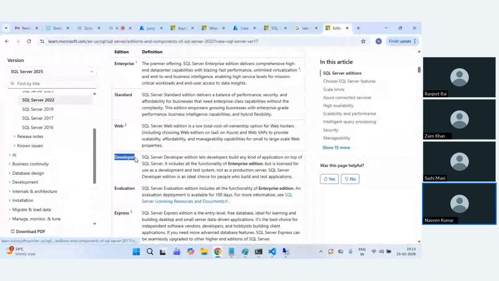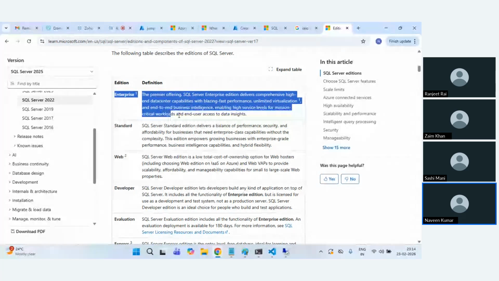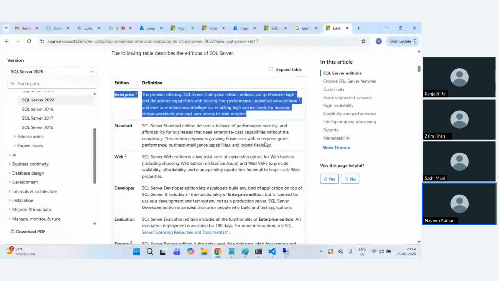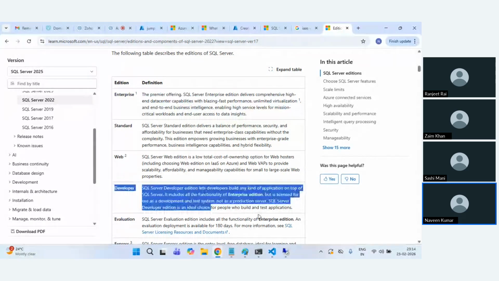If I go from the top, Enterprise is something where you get everything. Standard has a few limitations, a few features might not be available, and you have restrictions on how many CPUs and how much memory you can allocate to Standard Edition. Web has even further restrictions on what CPU and what features are available. But the key thing I wanted to say is Developer offers you the full-fledged functionality of what you get